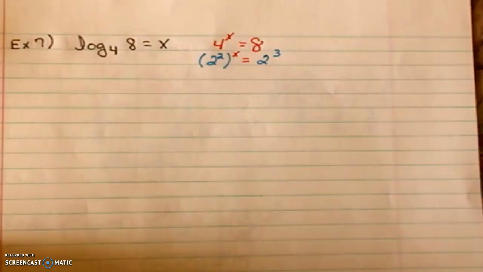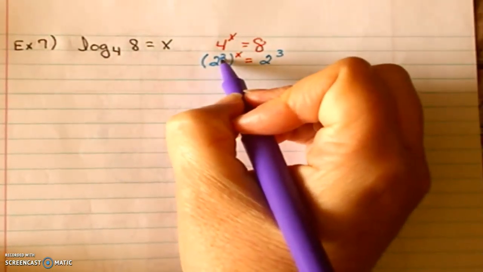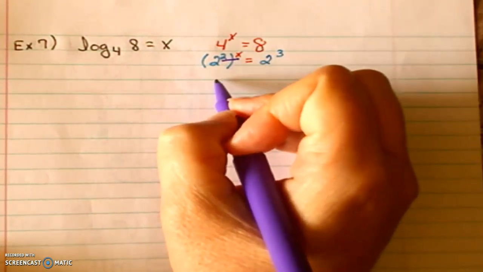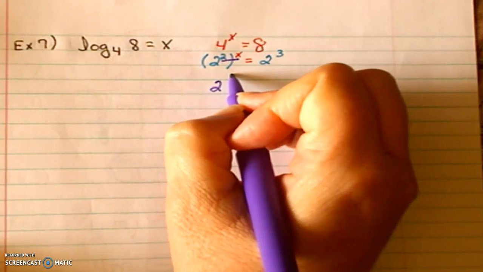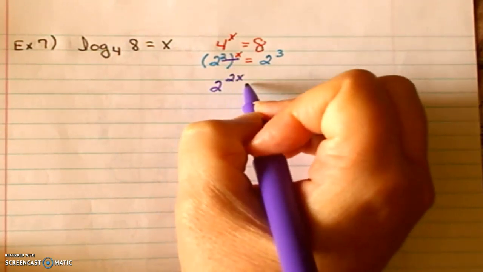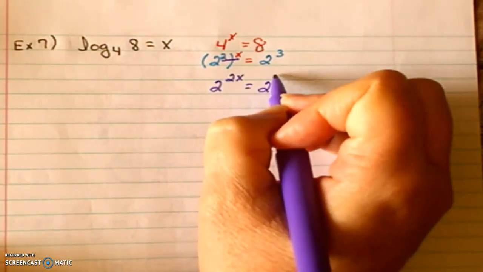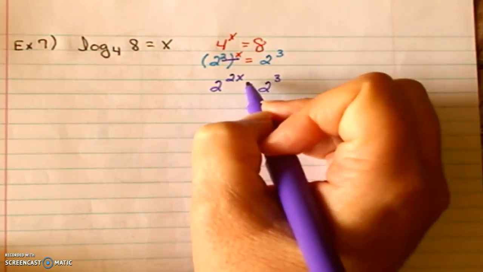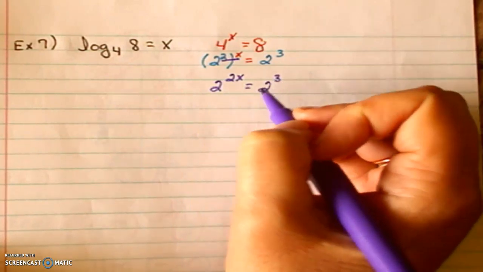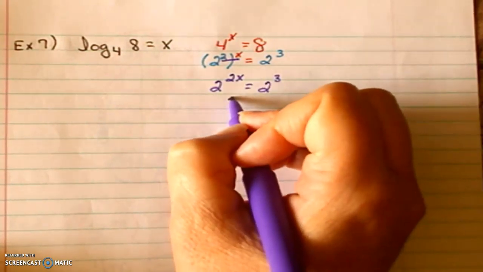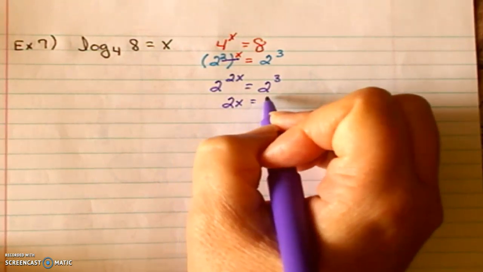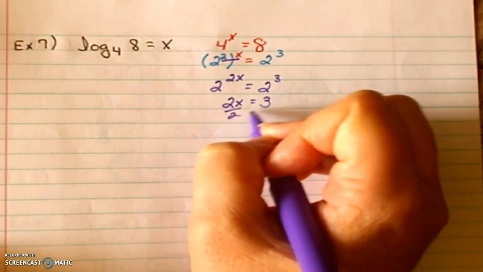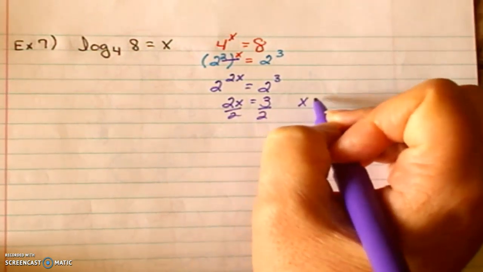Now remember, when you take a power and you raise it to a power, you multiply those exponents together. So the left-hand side of the equation becomes 2 to the 2x power, and that's equal to 2 to the 3rd power. These two values on both sides of the equal sign are equal to each other. That's what the equal sign means. So if the bases are the same, then the exponents have to be the same. If I solve 2x is equal to 3, you divide both sides by 2, and we find out that x is equal to